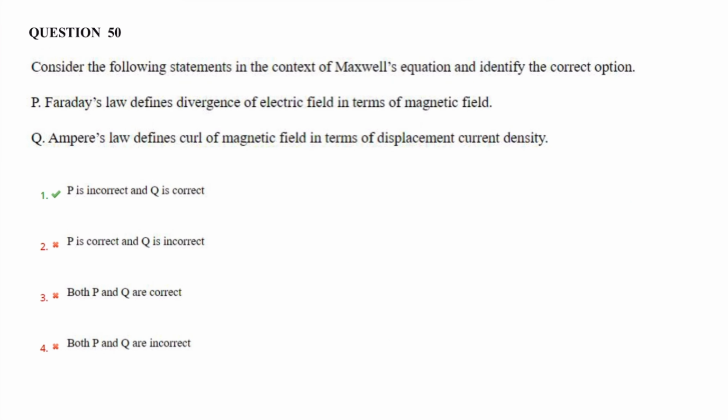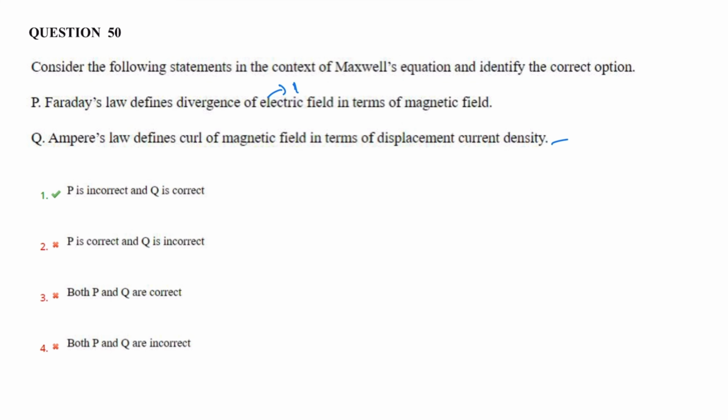Therefore, Ampere's law defines the curl of magnetic field in terms of displacement current density. This statement is correct. Statement P. Faraday's law defines the divergence of electric field in terms of magnetic field. So, wrong. Faraday's law explains how magnetic field interacts with